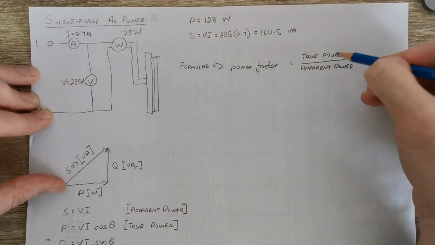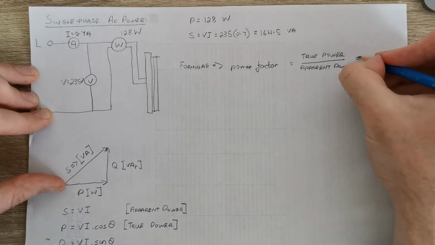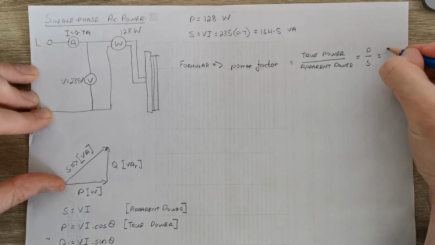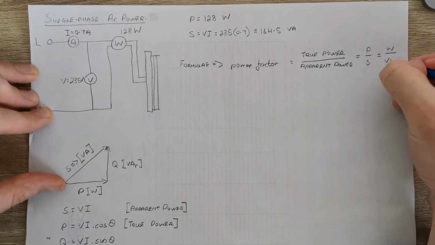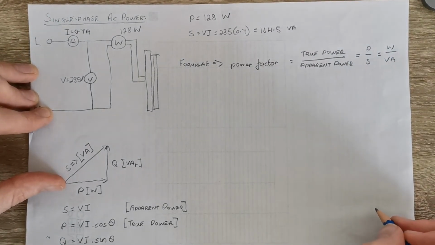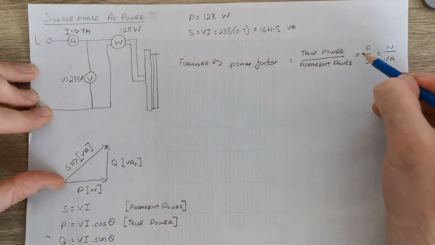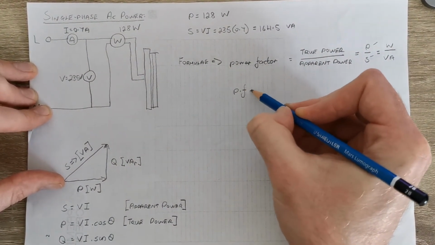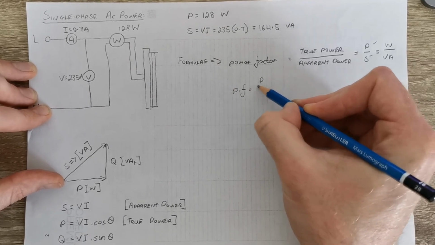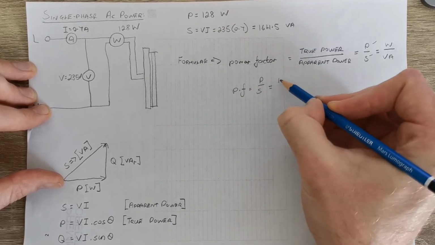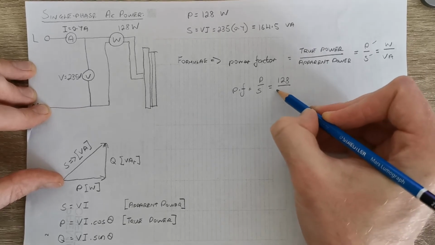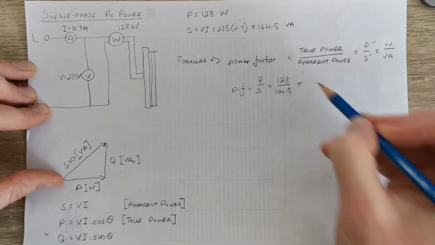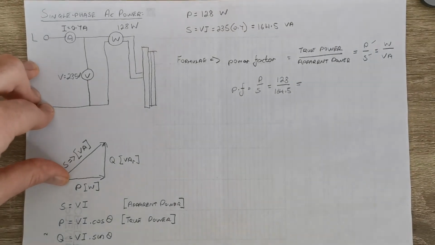So we have these 2 values. So it's really P over S, or sometimes you'll see it written as watts over volt amps in your formula book. So we have these 2 values, P and S. So we can work out that our power factor will be equal to P over S, which is 128 over 164.5. And we see that works out at